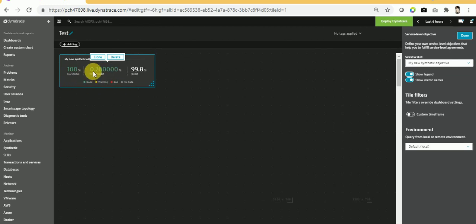If there is any failed execution or your SLO falls below 99.9%, it will appear in yellow, in warning state. And if the SLO falls below 99.80%, it will come up in red. Here you can see the red color, which is the bad condition.